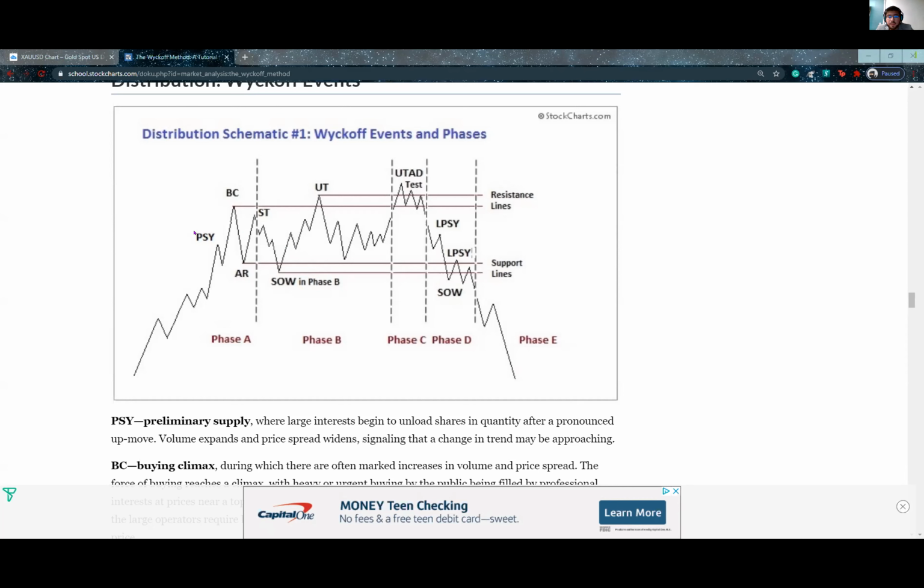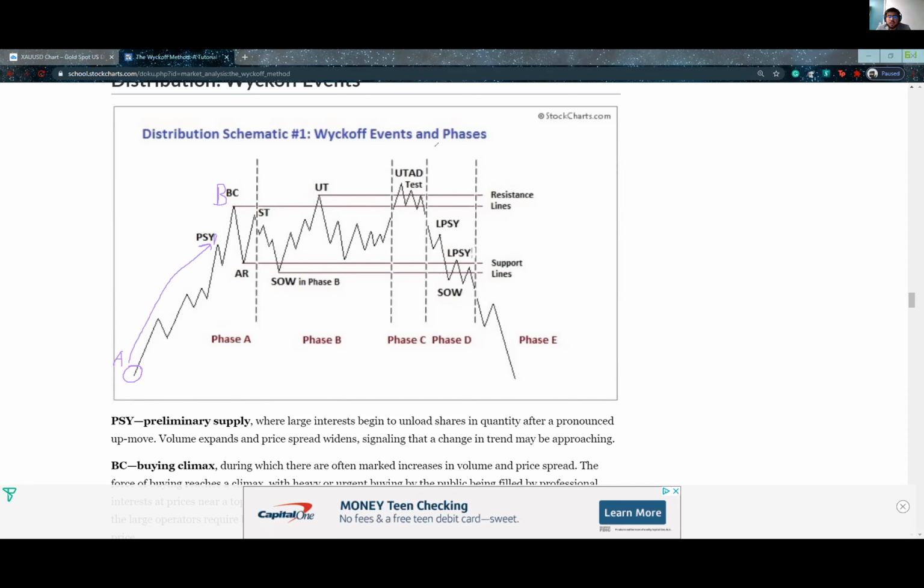So the first one is preliminary supply, like I said. This really is kind of the first sign of the trend stopping and consolidating, or the move stopping and consolidating. So after every impulsive or institutionally sponsored move, meaning that the banks put their own money into the move, let's say they take it from point A, which is down here, all the way to point B up here. If they're going to take price from point A to point B,